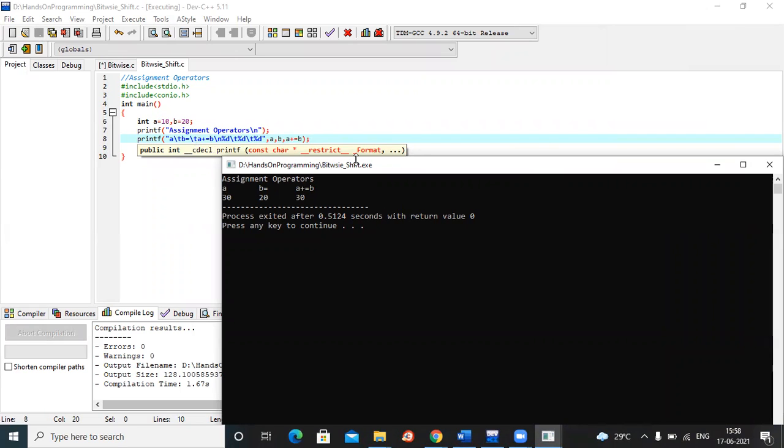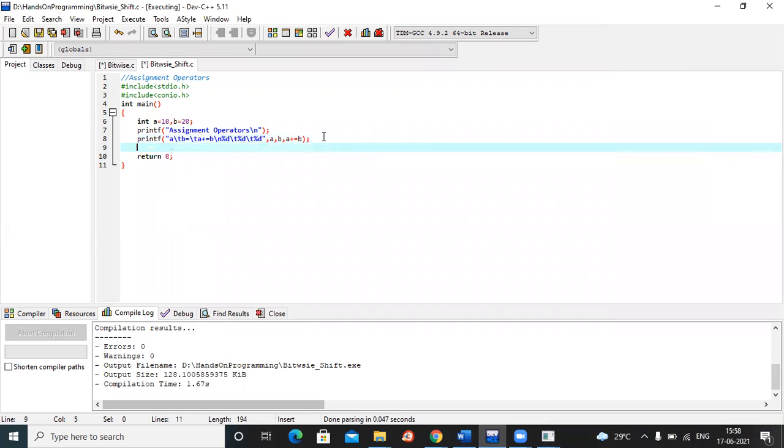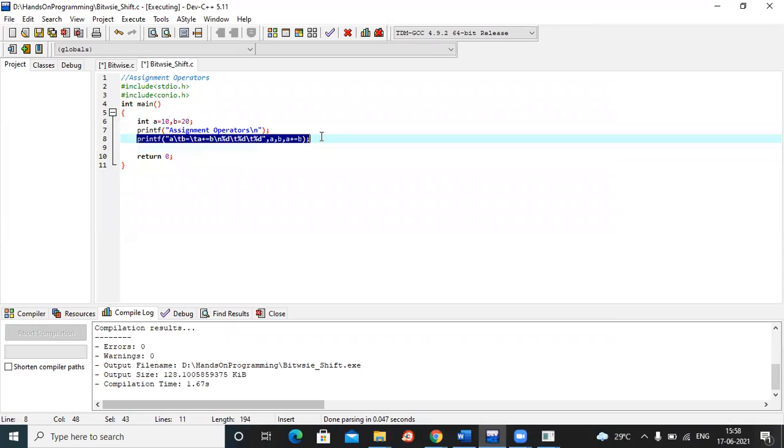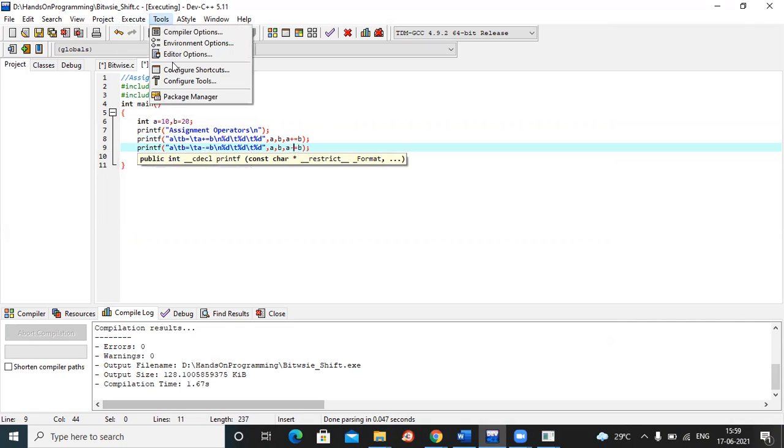Fine. Now similarly you can apply it for subtraction as well. For subtraction, what you have to do is nothing but just change the symbol there. I'm simplifying your task by telling you to just change the symbol, everything remains the same. So it becomes minus here. See the output now for minus.